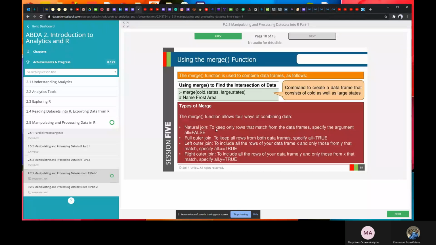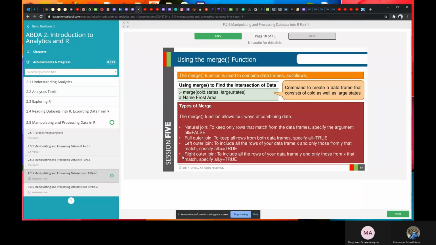We have the natural join, which is like your inner join. To keep only rows that match from the data frame, specify the argument all. While in the full outer join, we select all the rows in A with all the rows in B and match them together using the columns that correspond to both of them.